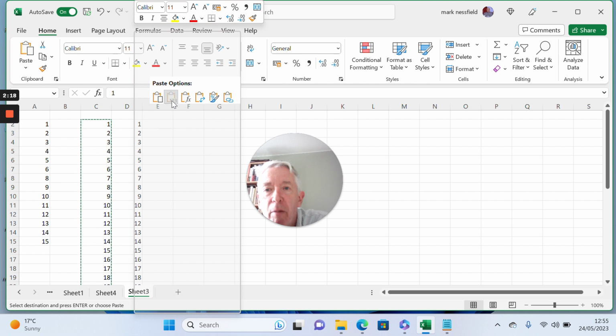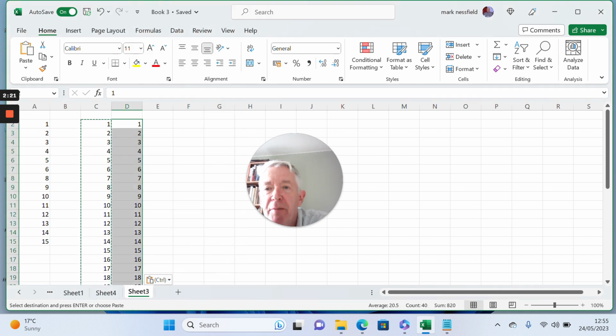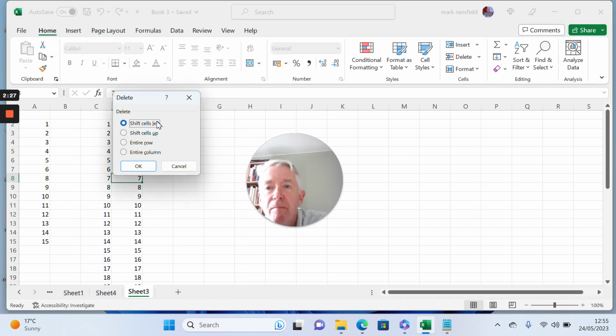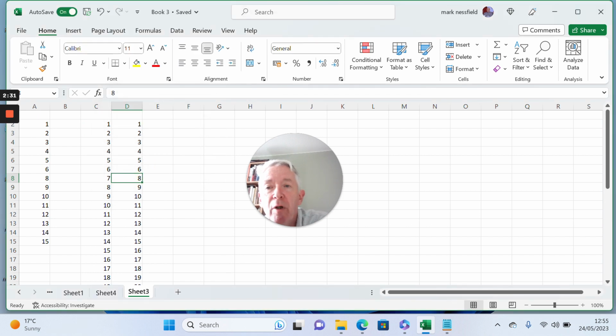I'm going to paste just the values, and in this particular case, just to show you it works, I can go in and delete, shift cells up, and it's worked. We've cleared that value. Okay, I'm going to Control Z, which is the same as this little undo icon there,